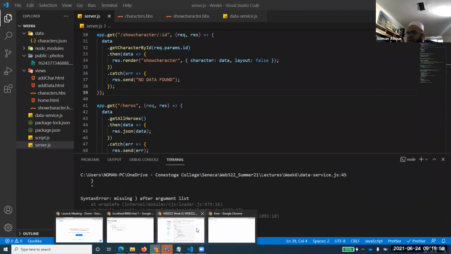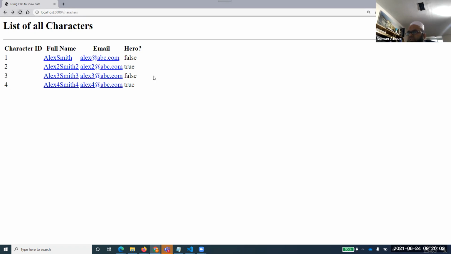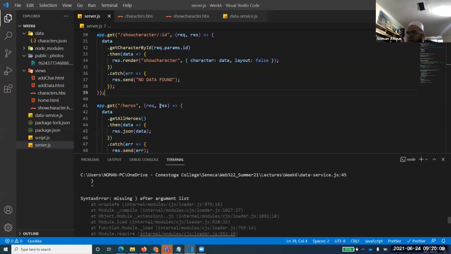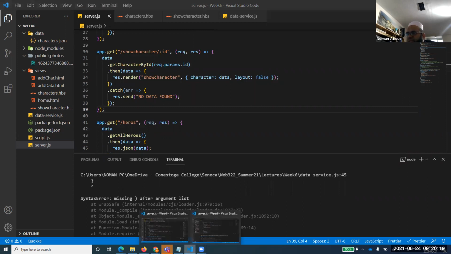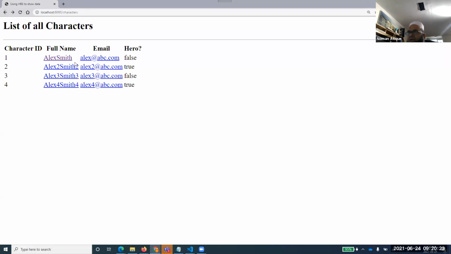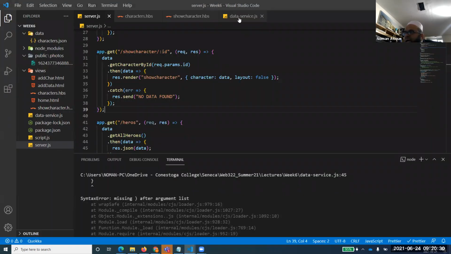And now let's see what happens. I have all these names. Refresh this. My path is working. No data found. It means it is going into that no data found. Here, it's not finding the data over there. And why is it not finding it? Maybe I just misread a logic. I'll just check with that. Okay, if I do that, no data found, so it's not finding the values from that one. So maybe there may be something wrong with my data service.